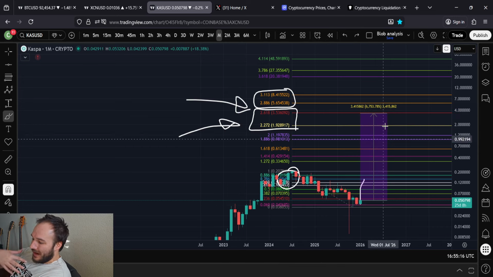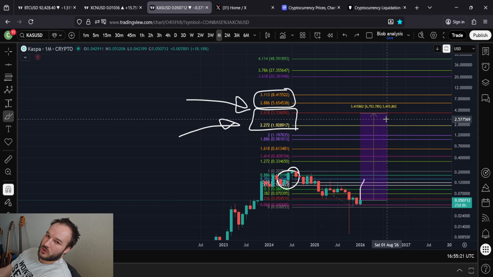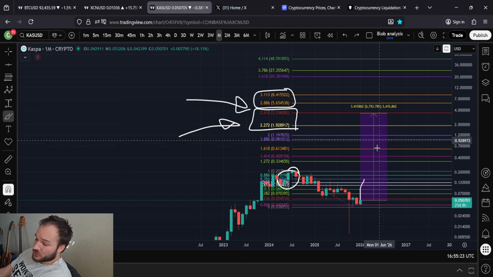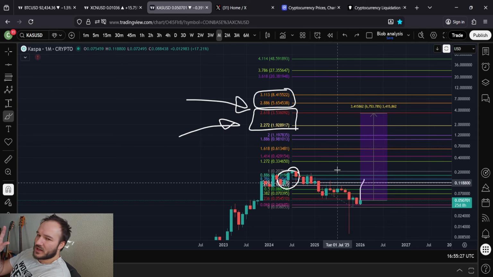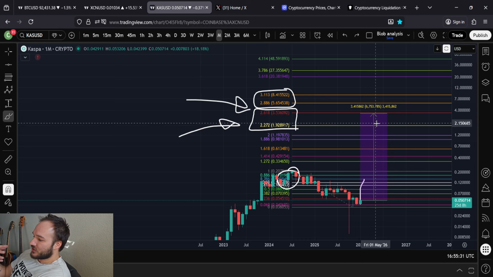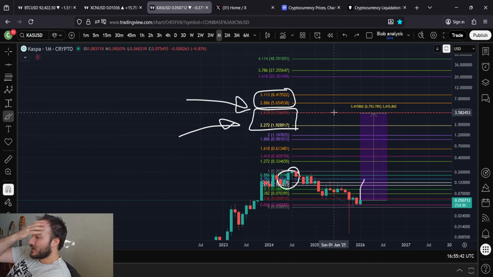The coming alt rally that we're expecting for altcoins across the board is expected to do a 30x or less on average. So you're going to outperform the average altcoin still. People hear me talk about Kaspa and they hear me say anything besides a 1000x and they think I hate it. But understand what I just said is Kaspa is probably going to outperform the average altcoin. It's probably going to be one of the top performers of the coming alt run. But that doesn't mean that you have to see a 1000x or a multi-100x to get there, right?